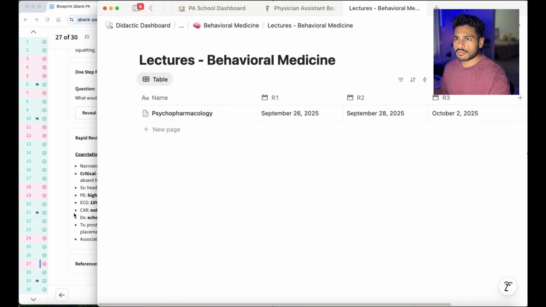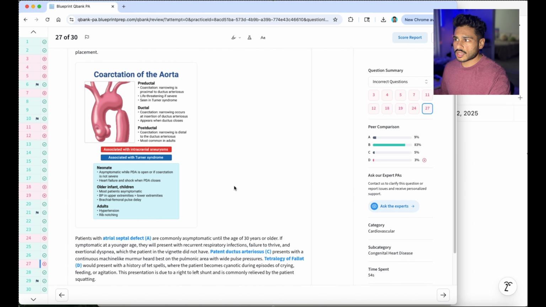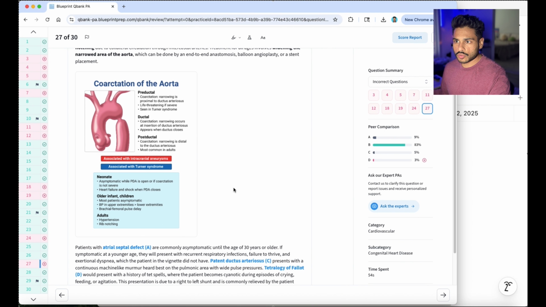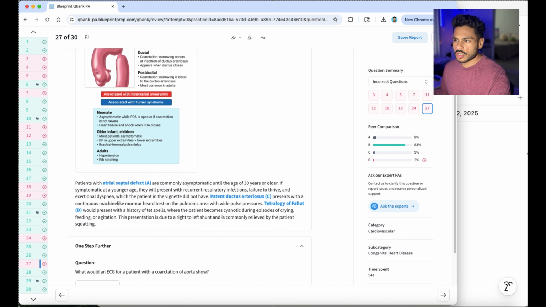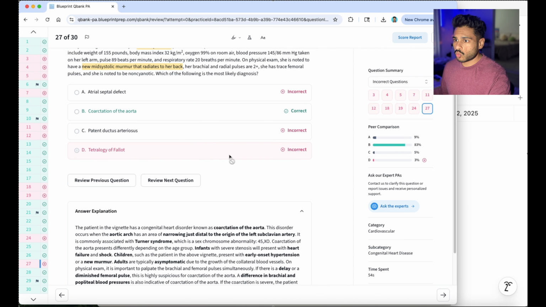Before the exam, many people are going to do some blueprint questions. And lastly, I'm going to show you how you can really use Notion in other ways, not just for your lectures. So when we look at the overall goal of Didactic, I think the overall goal of Didactic is